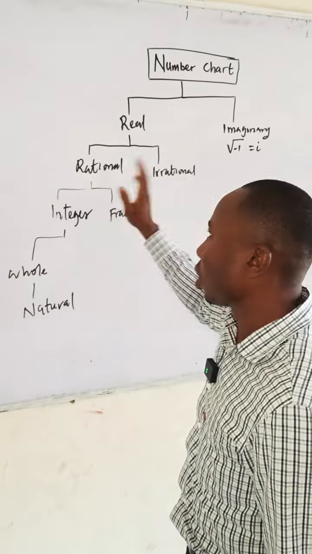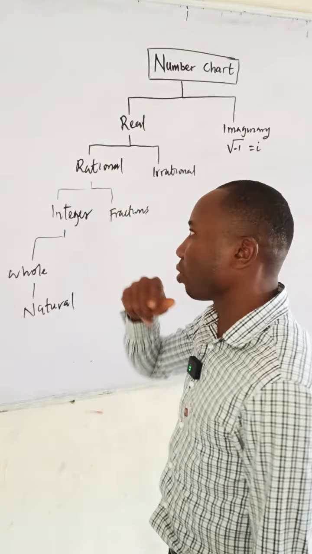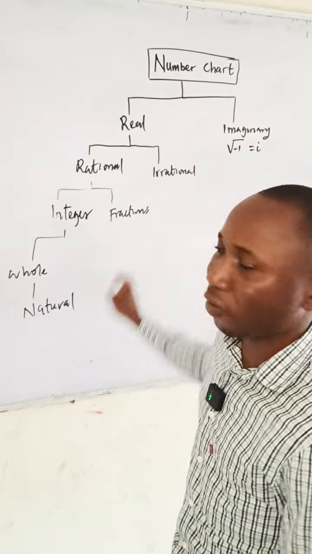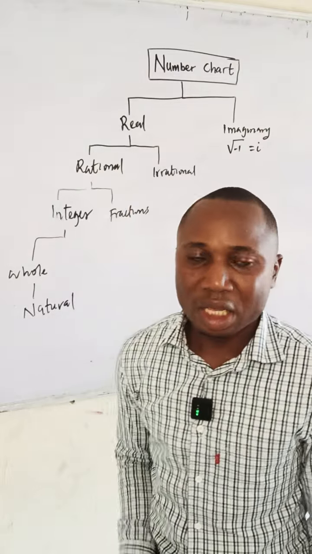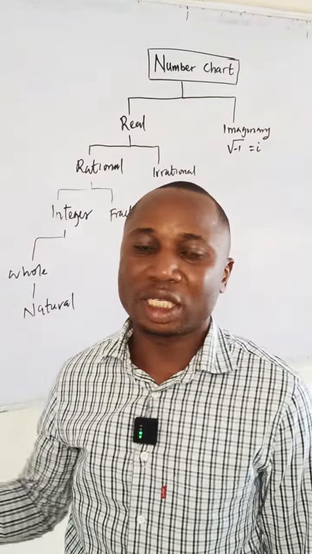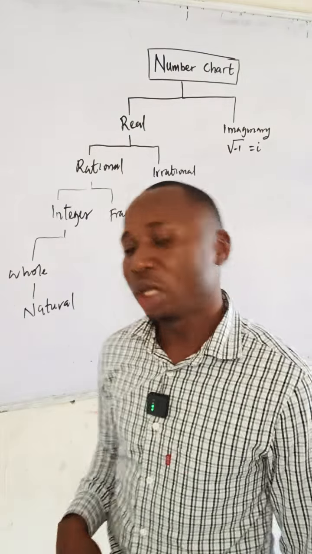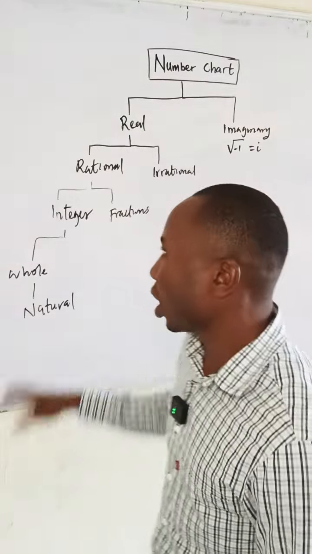Then coming back to the rational numbers, rationals are subdivided into integers and fractions. You know what integers are? Integers are both positive and negative whole numbers, including 0. 0 is also an integer. So that is what about